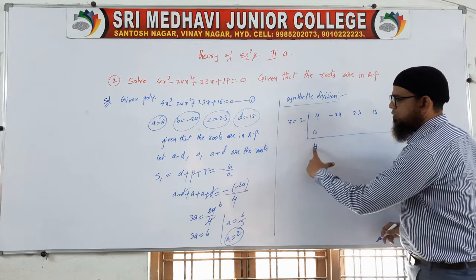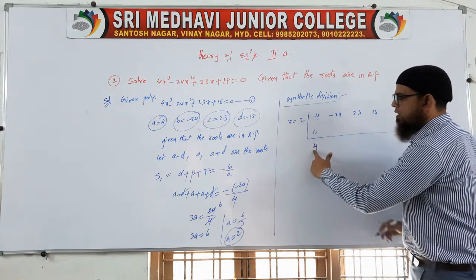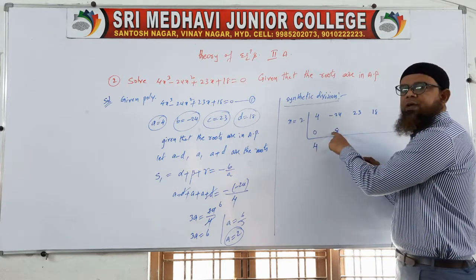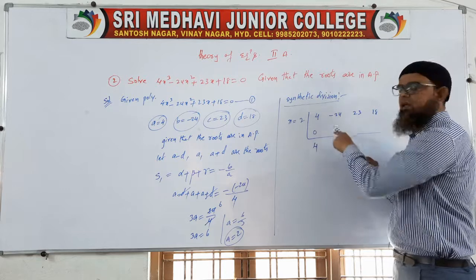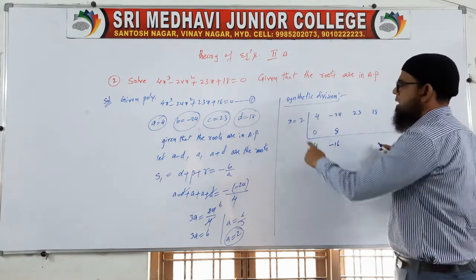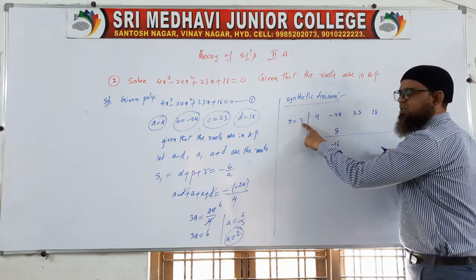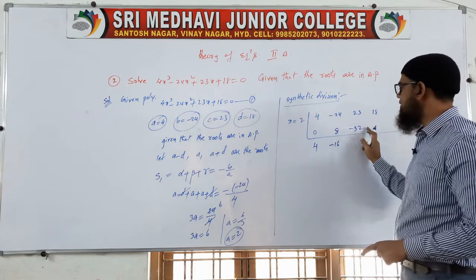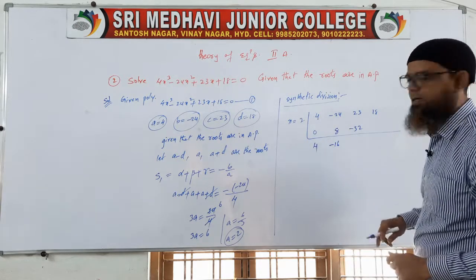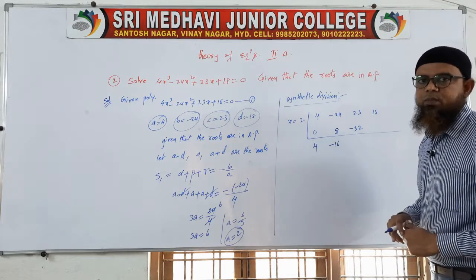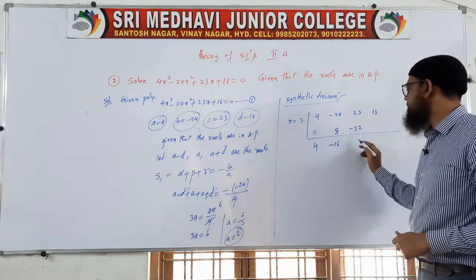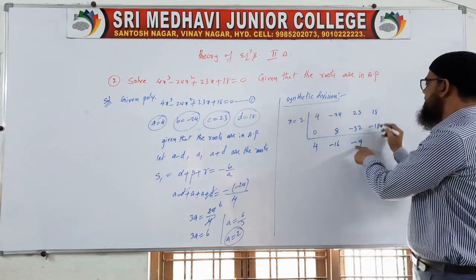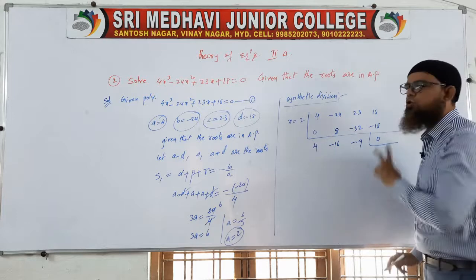Multiply like this. 2 into 4, what you will get? 8. That you write down here. Here minus, here plus means we have to subtract the numbers. 24 minus 8. You will get minus 16. Multiply these two numbers again. 2 into minus 16, that is minus 32. Subtract it, because 23 having plus symbol, 32 minus, means one is plus, one is minus. 32 minus 23, how much? Here 7, here 2, 9. Minus 9. 2 into minus 9, that is minus 18. Plus 18 minus 18, you are getting 0 answer.